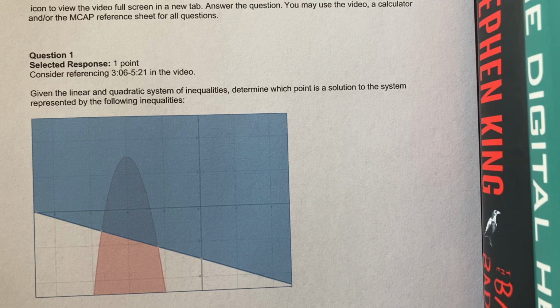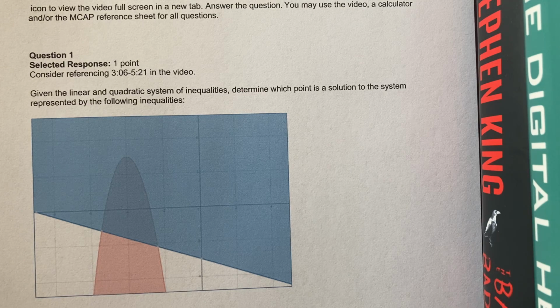This assignment, once again, is on PM students. It is a practice assignment. This is going to help you get really geared towards your assessment, which is due by the end of the week. Okay, so the first question, it says, given the linear and quadratic system of inequalities, determine which point is